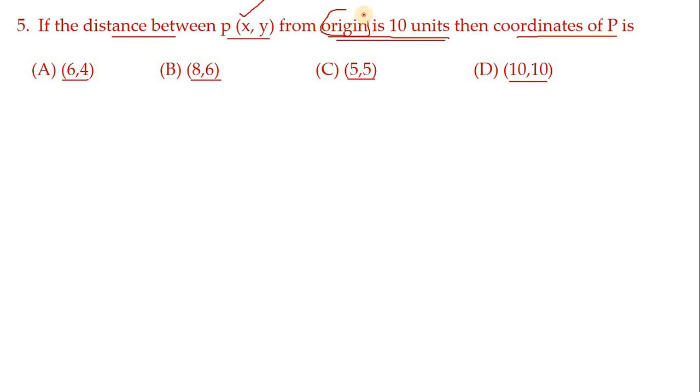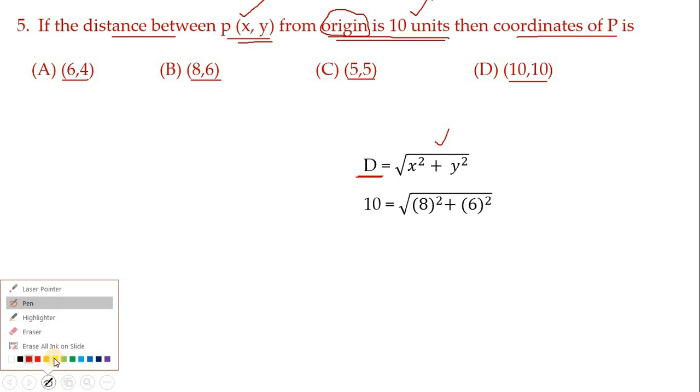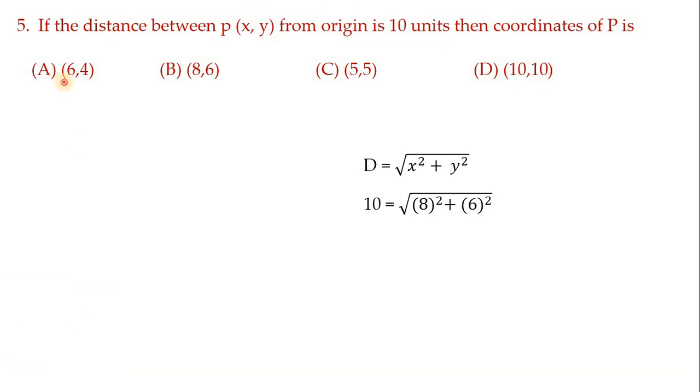Hence we have to use the formula root x square plus y square. And the distance is given, that is 10 units. The distance is given, we have to find the coordinates. So for that, first consider the formula and distance is given. Hence in the place of d substitute 10. And which values you will get and you will satisfy. If you take first a1, it doesn't give our answer, 10 units as distance from origin. So hence take the second point.